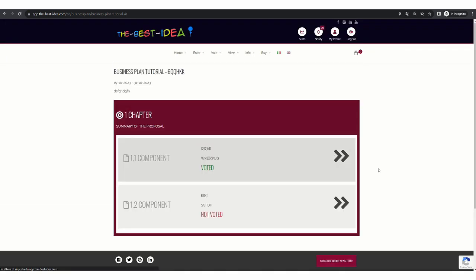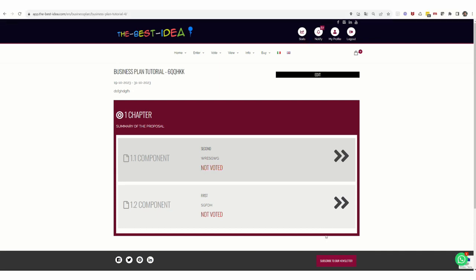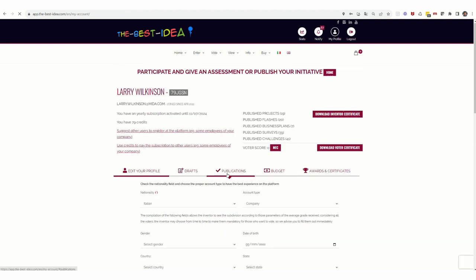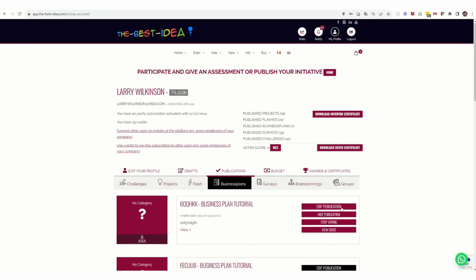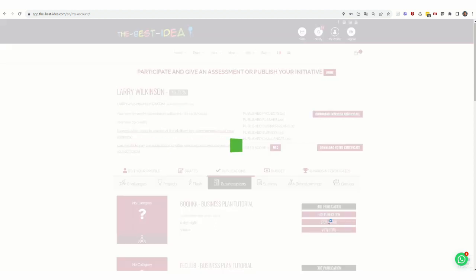Returning to your screen, you can retrieve the business plan you have published by clicking on My Profile, Publications, Business Plans. Now, many buttons are present in the business plan rectangle, such as Edit Publication to edit your business plan, Hide Publication to hide it temporarily, and Stop Voting to stop the voting earlier than planned. After the voting period has ended or after clicking the Stop Voting button,